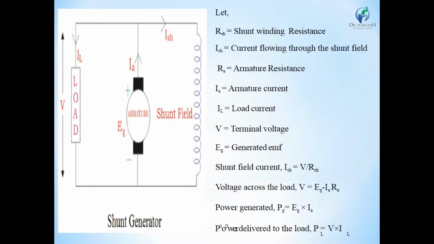In the voltage relation, we can write that Vt is equal to E minus Ia into Ra minus V brushes minus armature reaction drop. The shunt field resistance RSH is large, because the field winding is made of thin wire and consists of a large number of turns. The field resistance is kept high so that changes in the load current do not disturb the value of the field current.